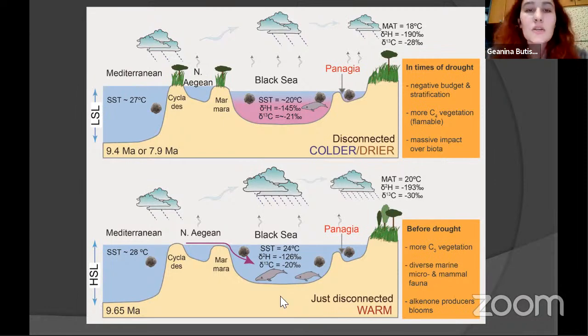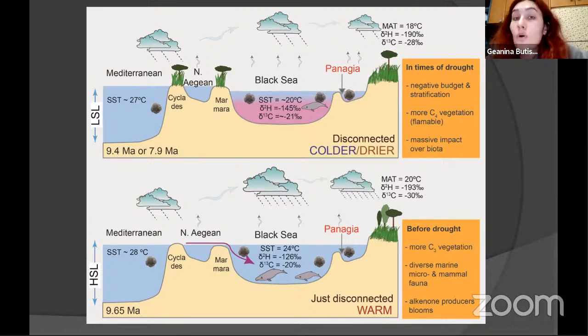So in the first image, we have the situation of the Black Sea North Panagia section, disconnected from the other basins around. We don't know exactly how the North Aegean looked like. We have some hints that it might have existed at that certain point. So if it existed, it must have been connected with the Mediterranean at a certain point. And when this disconnecting happens, the eastern Paratethys